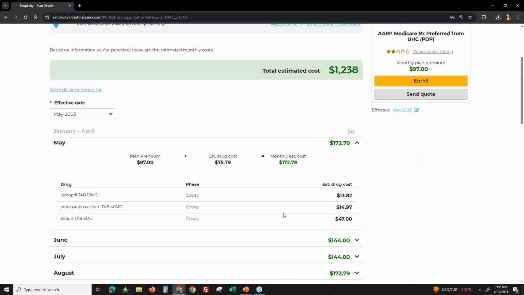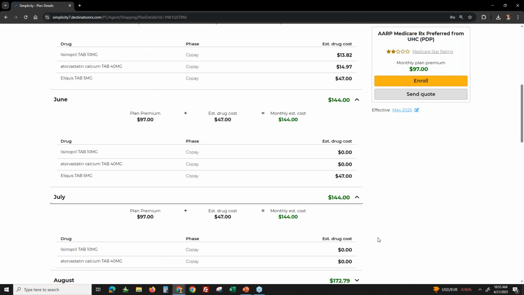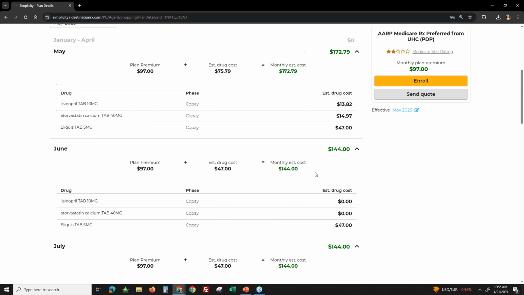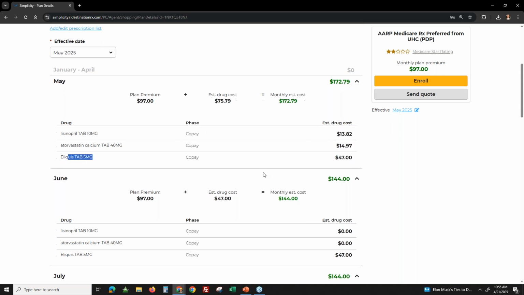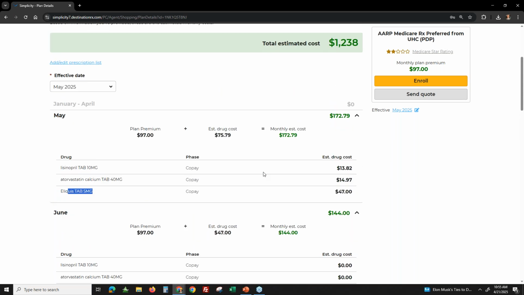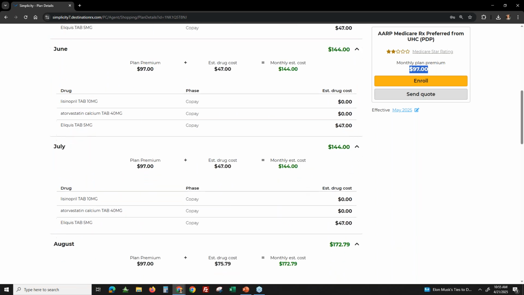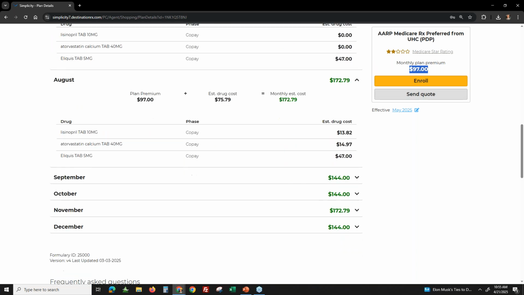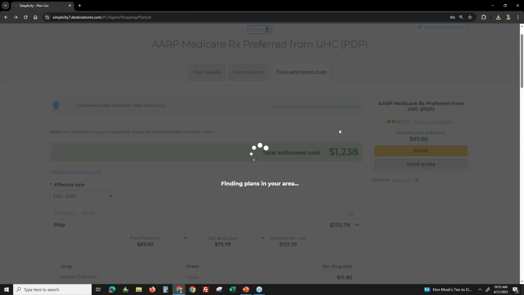When we go see the estimated costs, we see the breakdown of every single month. You can do this for Medicare Advantage plans as well too, get that breakdown of cost. But we can see that the lisinopril, the atorvastatin, $13, $14.97, $47 copay for the Eliquis. This plan has no deductible. There's no deductible in any of the tiers, which is why it's $97 a month. But again, you can see those cost breakdowns for the plan. If we go previous screen,